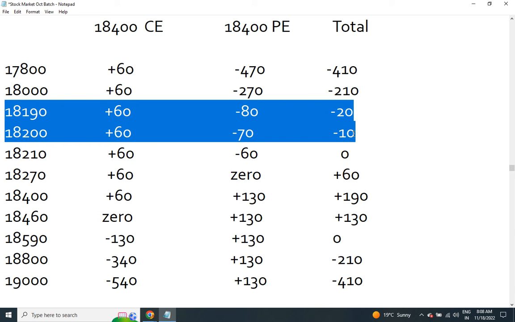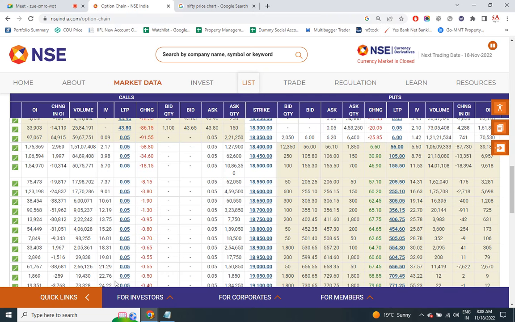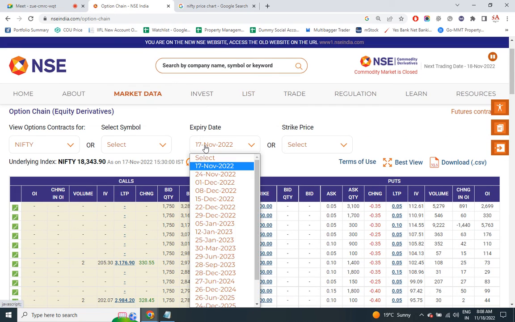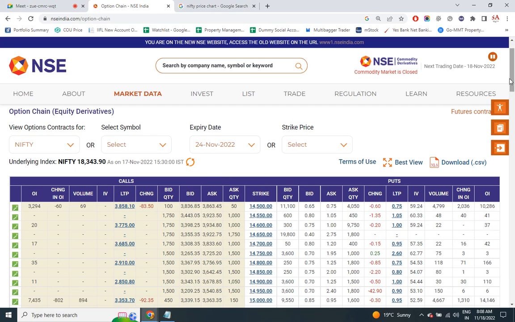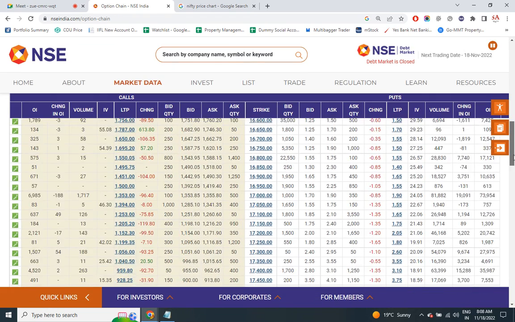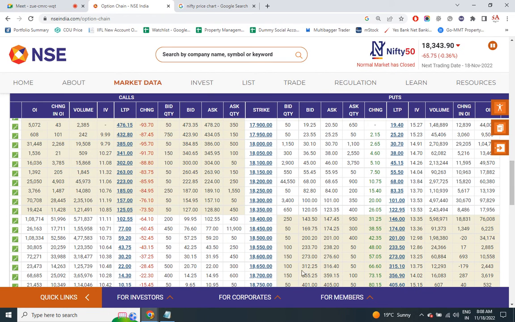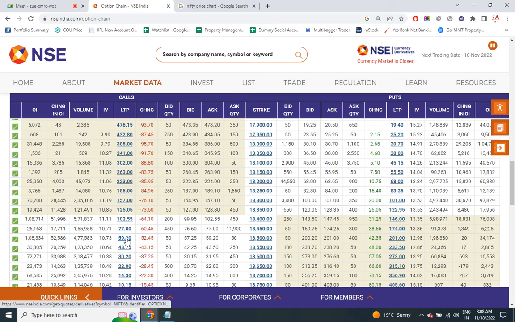Movement is likely to be on the upside. What can we do in such a scenario? Now the 17 November contract is over. The next contract we have is 24th November. My view for the market is that it may rise, but I do not want to take huge risk. I want to have a better risk to reward. So what I will do, 18,500 call I may buy at 60, and 18,600 call I may sell at 30. When you compute the profit loss report, you will be able to see that the risk is only 30 points, but the reward is 70 points.